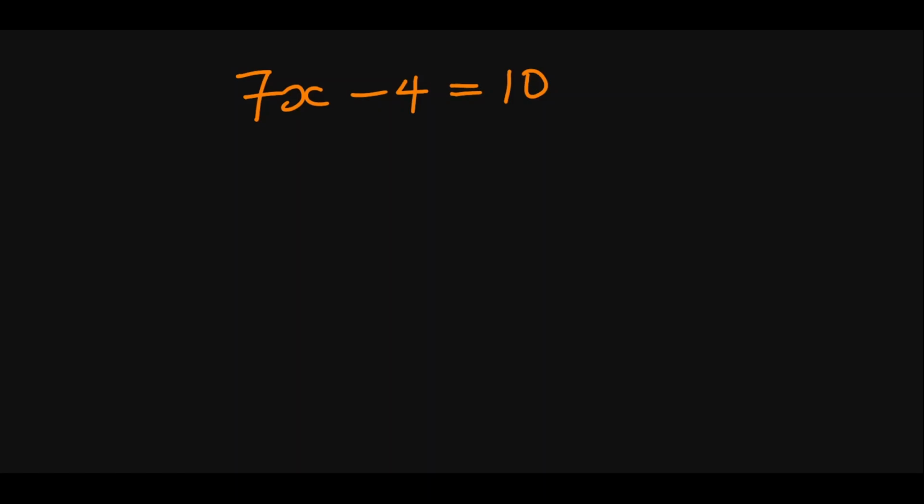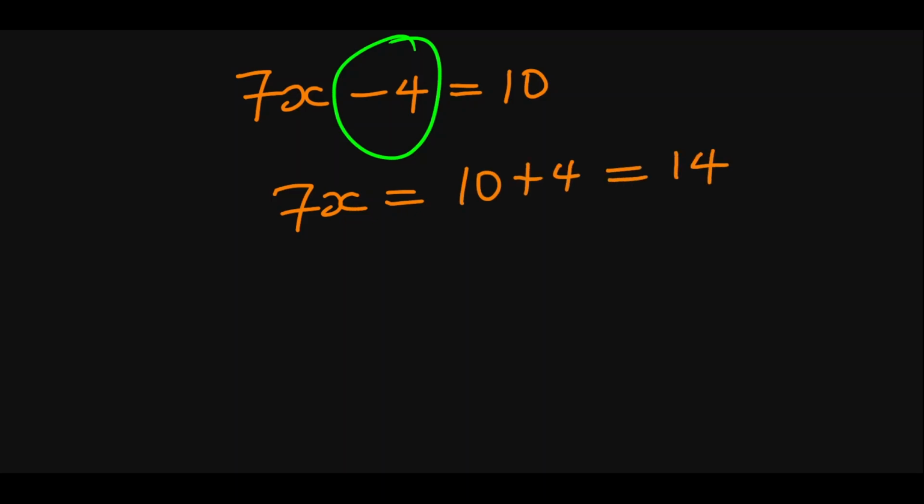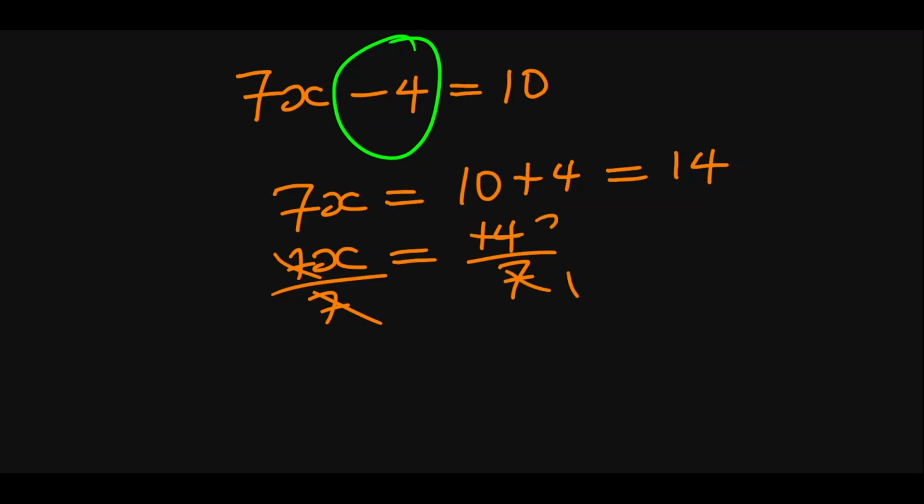Now look at this first example. 7x minus 4 is equal to 10. We want to find x. So we move this minus 4 to the other side to start making space for x alone. So this gives us 7x is equal to 10 plus 4, which is 14. Then we divide both sides by 7 to give us x is equal to 14 over 7. Obviously, this is 7x over 7. 7 will cancel 7. Then 7 here 1, 7 here 2. So x is equal to 2. And that's the answer. Let's take another example.